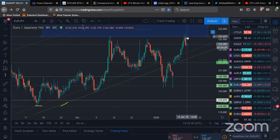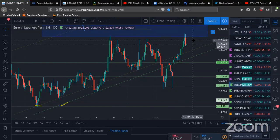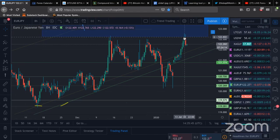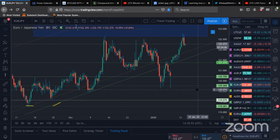It's just what I personally do, and I'm not saying that you should do it because I do it, but what works for me is in the uptrend buying off supports, in the downtrends selling off resistance. And what you're doing is in an uptrend selling off resistance, and that's kind of counter-trend. It could work. And conversely, in a downtrend, you're buying off supports. I was thinking about that